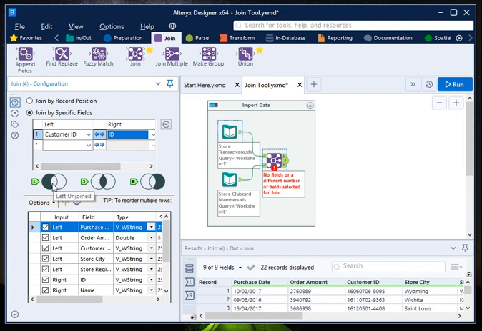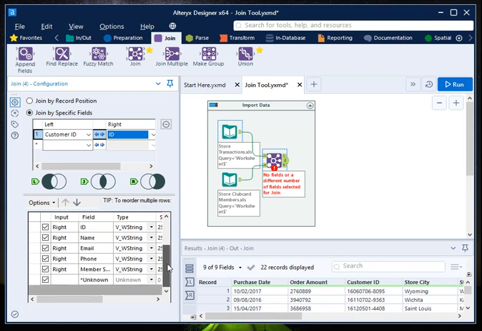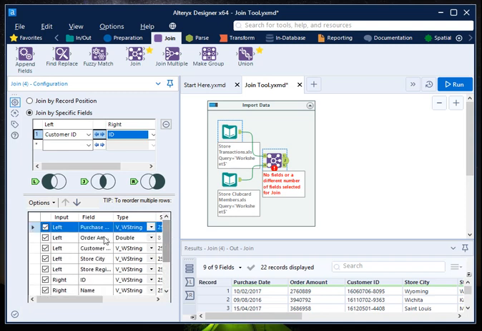Here you can see that it is giving you three options. One is left join. So left join will consist of all the records which are present in left table but not in right table. Join is a common of right, all the records which are present in right as well as left table. Right R option will give you all the records which are present in right table but not in left table, right? Again here it will give you multiple options to choose what all columns do you want in your final data set.